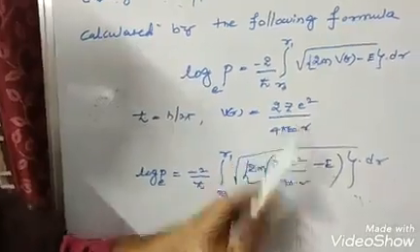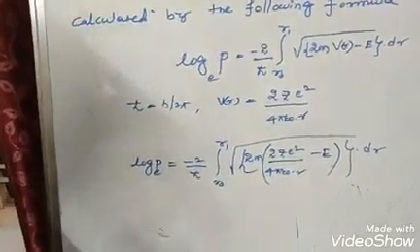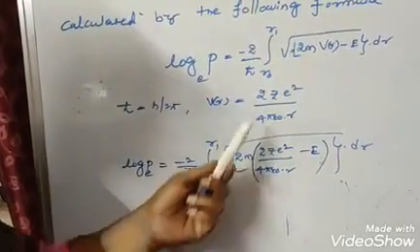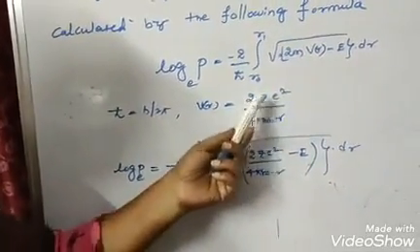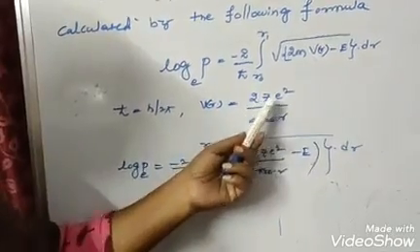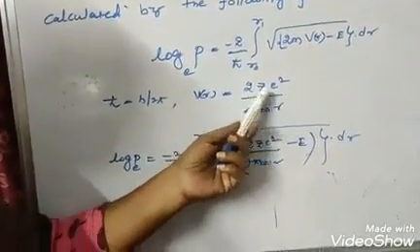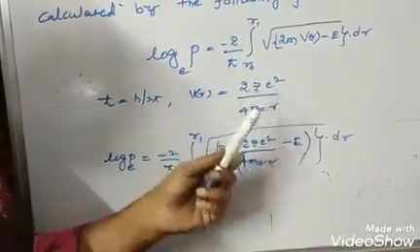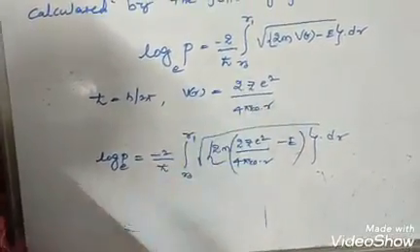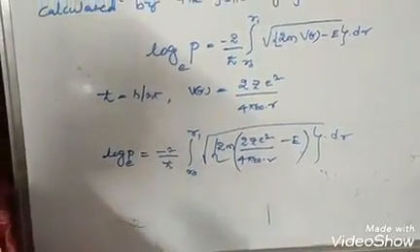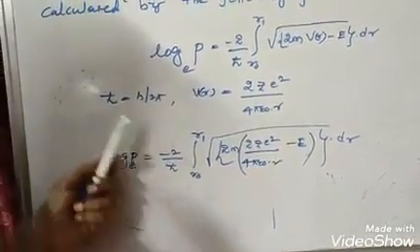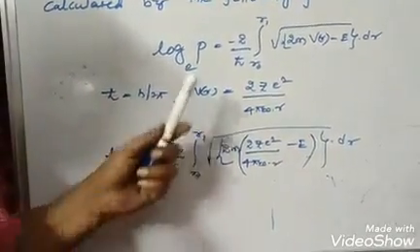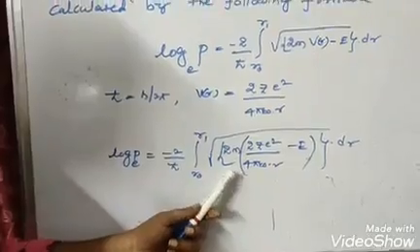The helium nucleus has charge 2e, and the uranium nucleus has charge Ze, so 2Z into e, then we get 2Ze squared, where r is the distance between the uranium nucleus and the alpha particle. According to q1 q2 by 4 pi epsilon naught r, and h cross is the reduced Planck constant, h by 2 pi. We are just substituting these values in this equation.